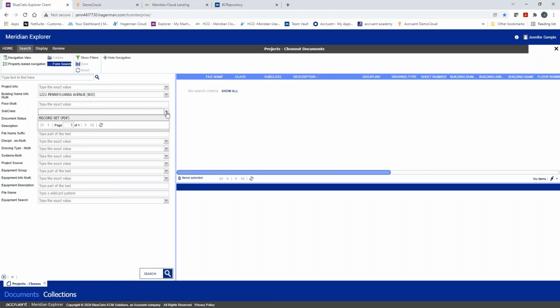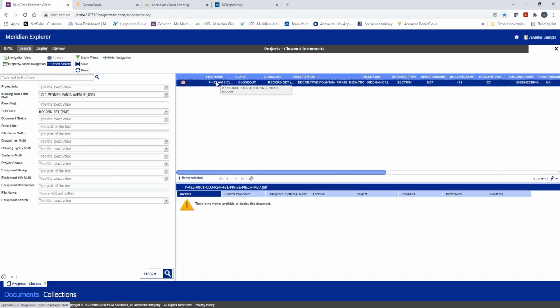These are closeout documents. So one thing to point out, in case you weren't following along very closely, is that I picked the navigation view projects closeout documents, which is here. So notice I can't pick classification because it's already closeout, but I can refine here. So I'm just going to do that. I don't know how many I'm going to have. Awesome, just one, perfect. You can execute your search and highlight the results or result, and you can right click